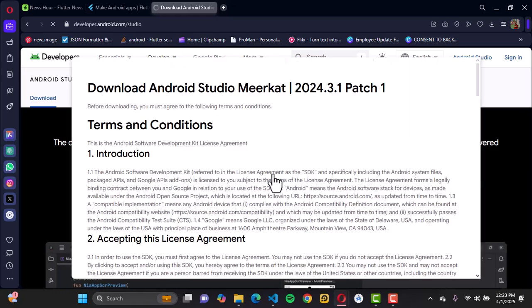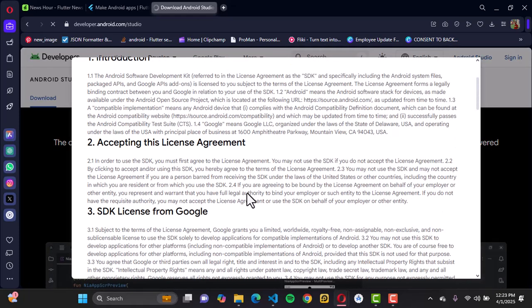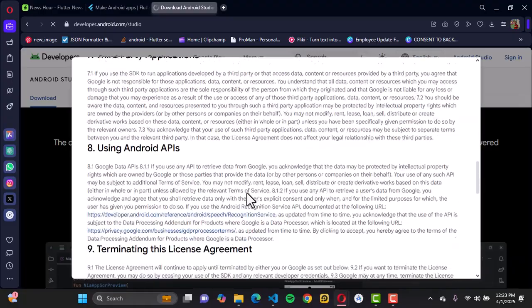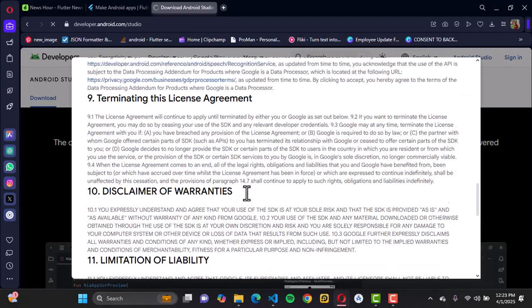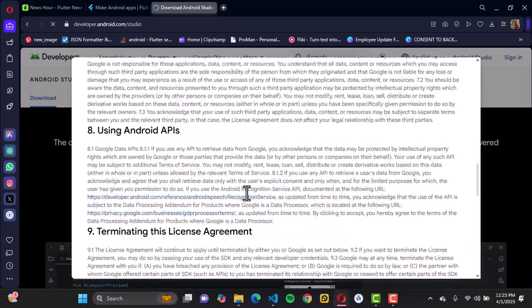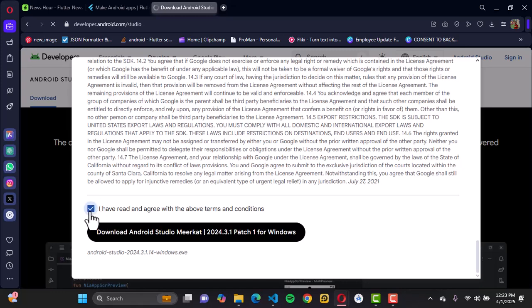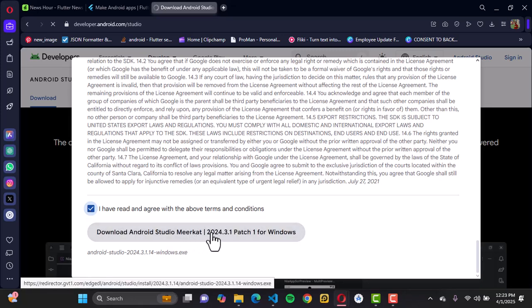button, you can see the terms and conditions in order to start using Android Studio on your local machine. So you just want to go ahead and make sure that you read all these terms and conditions. So once you do that, you go ahead to check this box that you've actually read and you've agreed to these terms and conditions, so you can proceed to download Android Studio Maker 24. So once you do that, just go ahead and click on this button here and your download should begin in